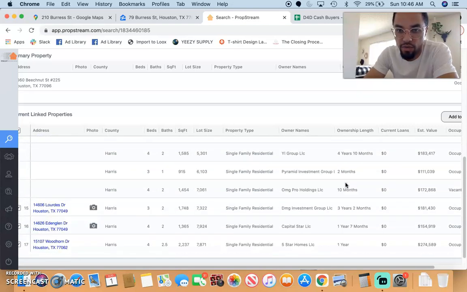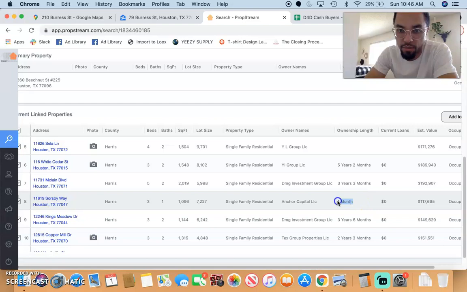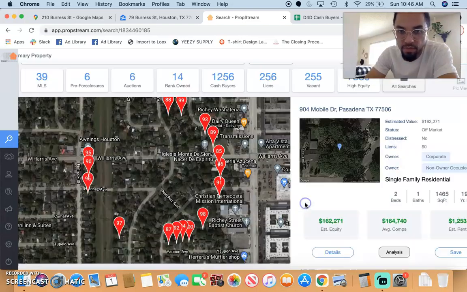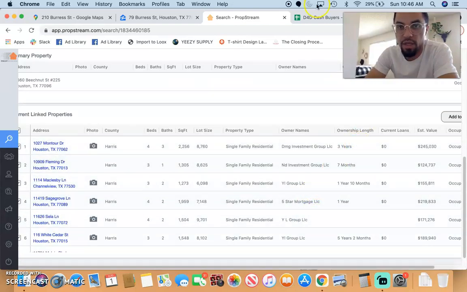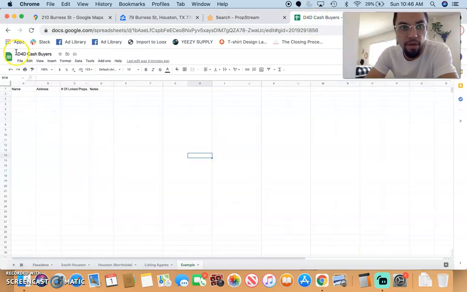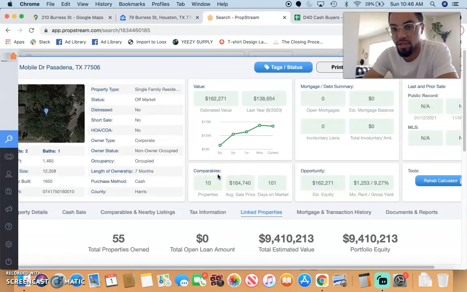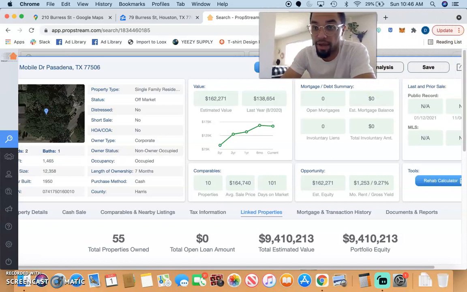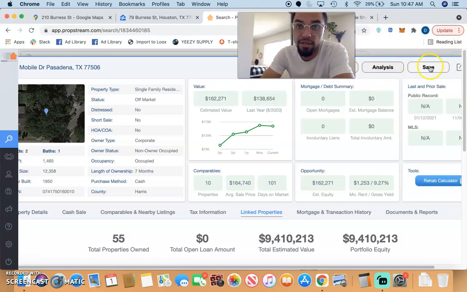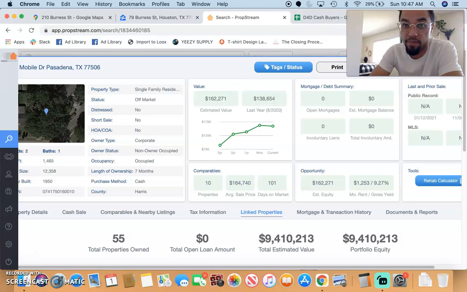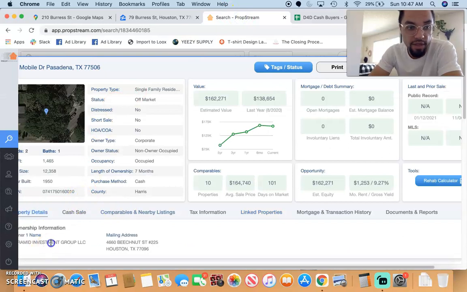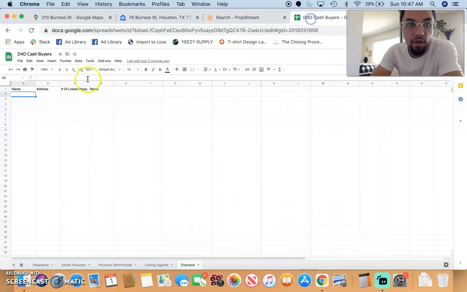So what I do is I keep a running list. 1 month ago they bought this property. So what I'm doing is keeping a Google sheet of my driving for dollars cash buyers. So when I come across a property like this and I make the decision, you know what, I'm not going to save it and add it to my list, what I'm going to do instead is add it to my cash buyer list, right? So then I can come in here. What I'm going to do is get the name, copy and paste it,